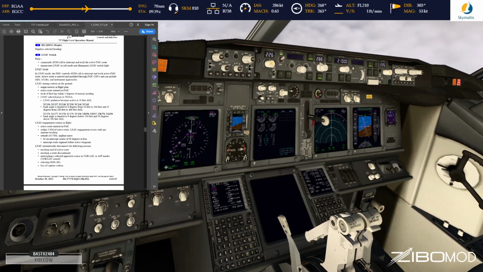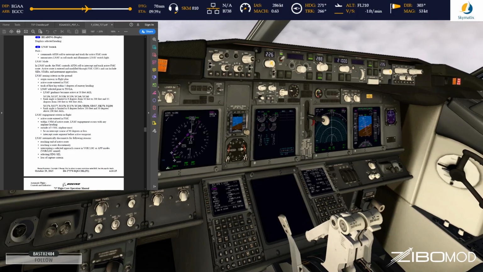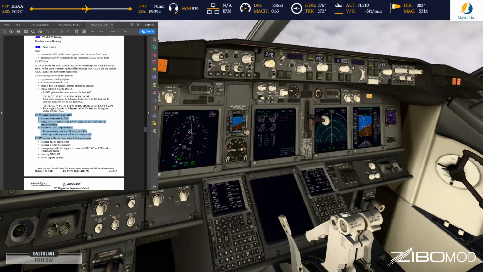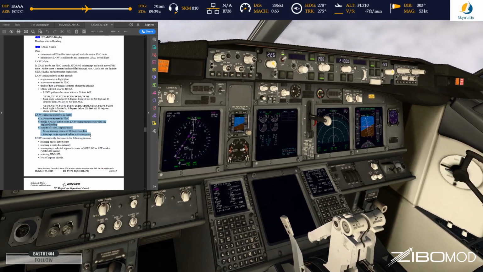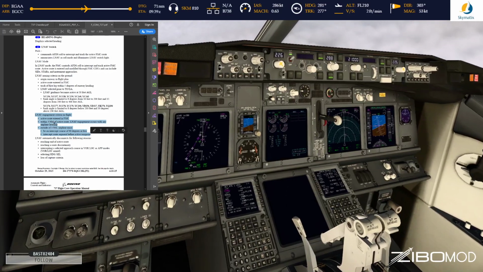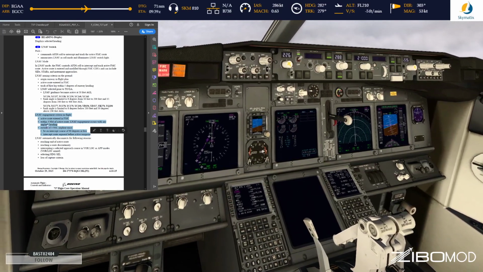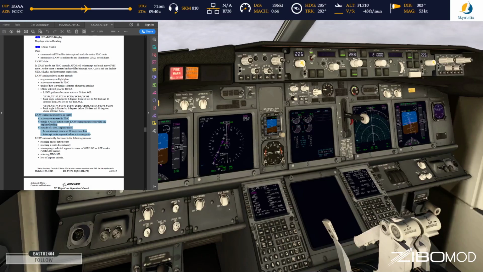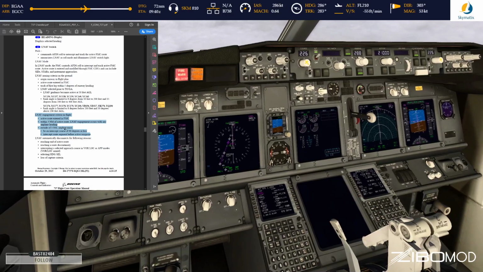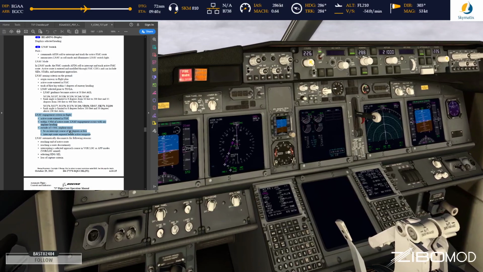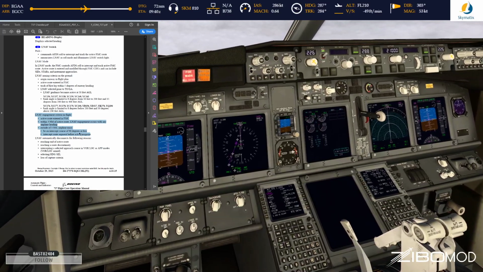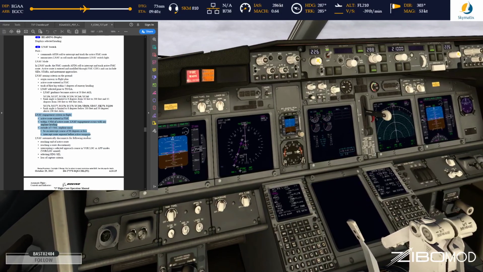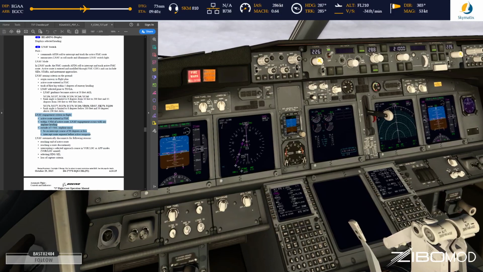So this is the FCOM as we have it, and it basically says LNAV engagement criteria in flight. There you go. The active route must be entered in the FMC. You must be within 3 nautical miles of the active route, which we clearly are not. Alright. If you are outside of the 3 nautical mile, the airplane must be on an intercept course of 90 degrees or less, and the intercept route segment before the active waypoint. Alright, so